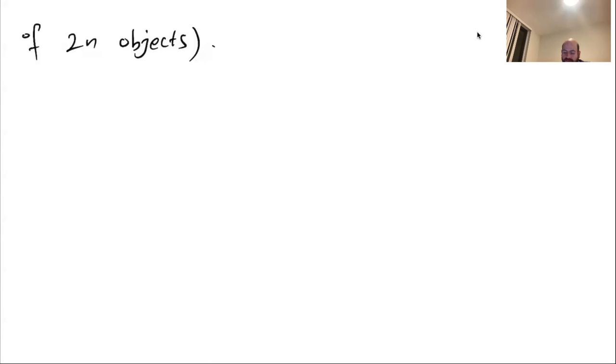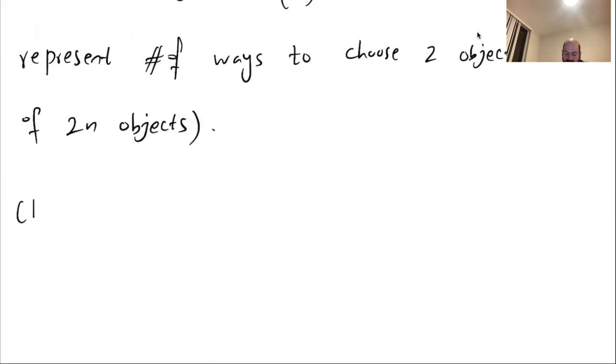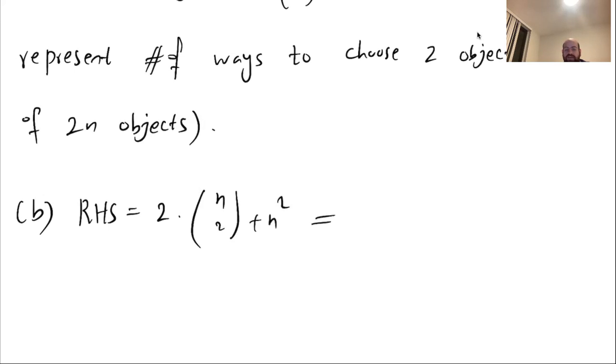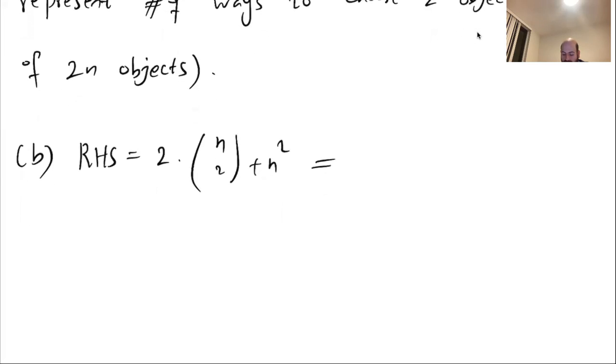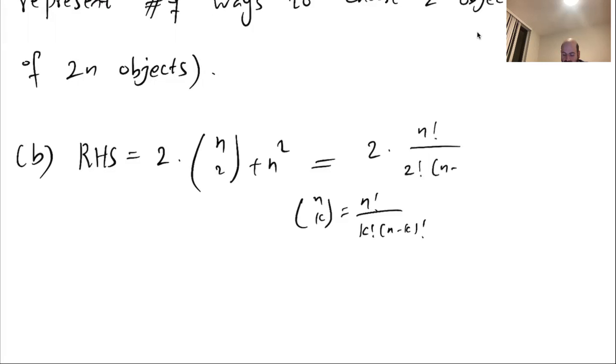Now part B is very simple. We can prove this identity algebraically. Let me start with the right-hand side. The right-hand side says 2 times n choose 2 plus n squared. Well, we have a formula for n choose k. What was it? n factorial over k factorial times n minus k factorial. So this is going to be 2 times n factorial over 2 factorial times n minus 2 factorial